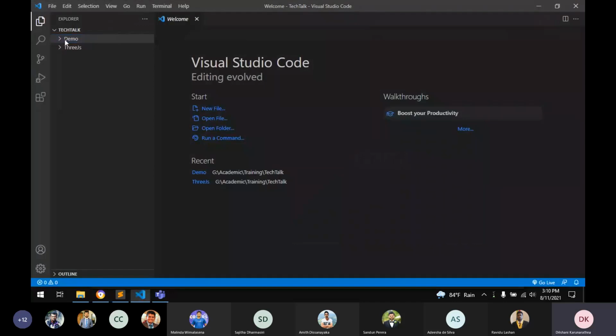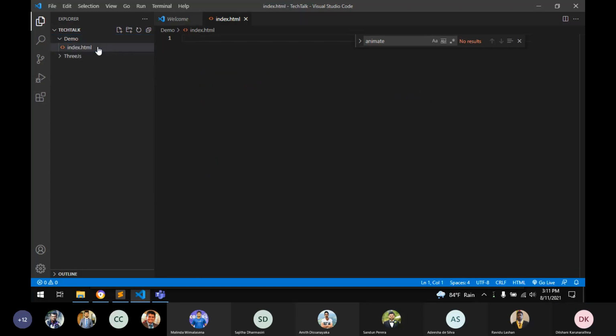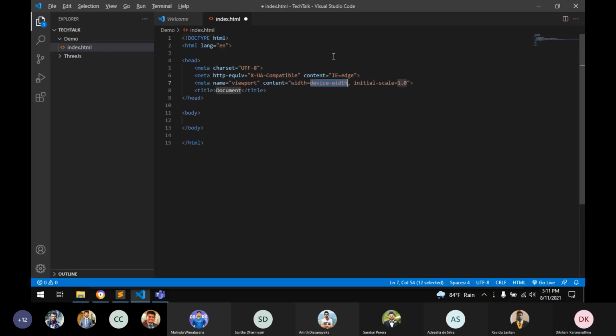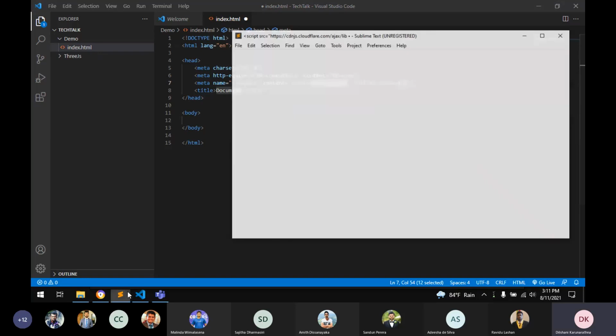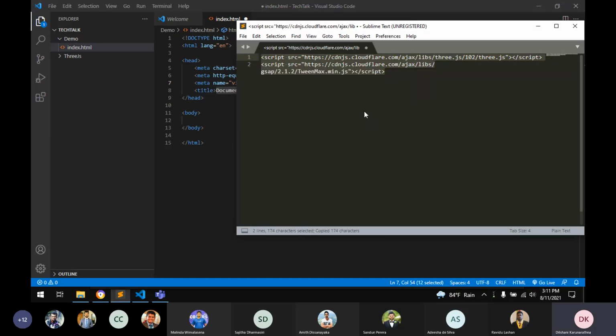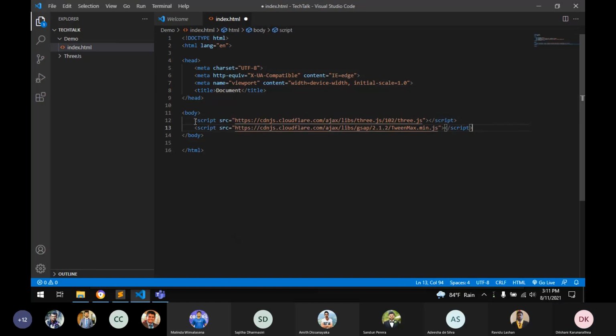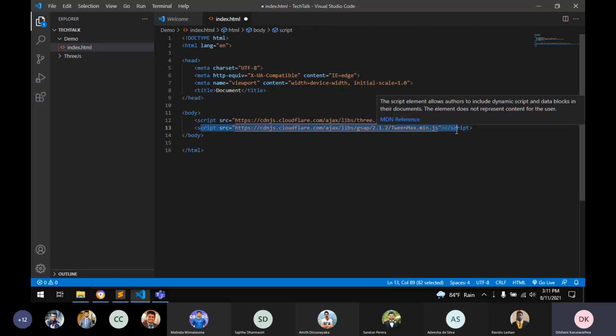So before that, we need a place to display. And we need to include these scripts to import the Three.js library, and this one is to allow us to animate 3D objects.